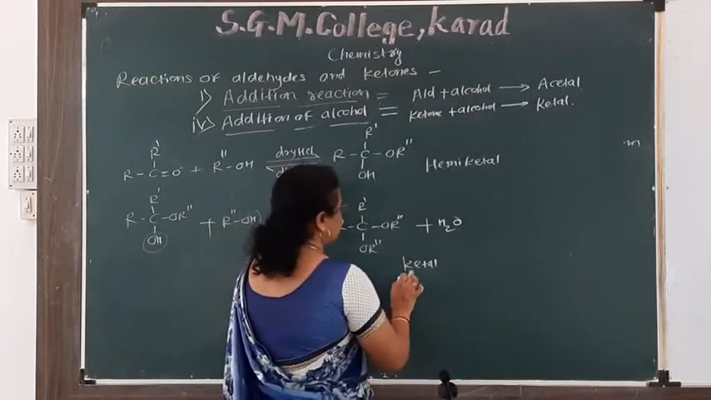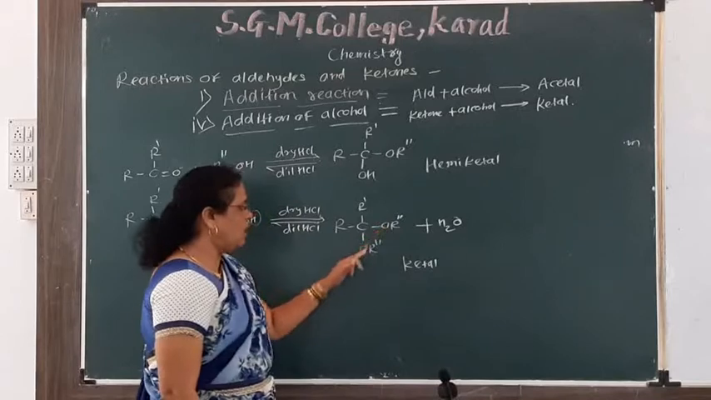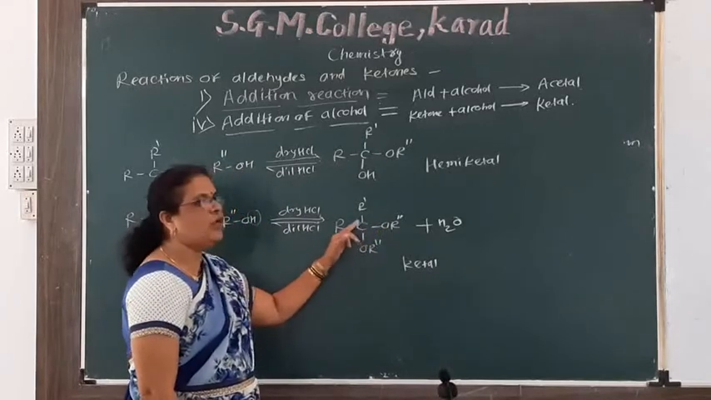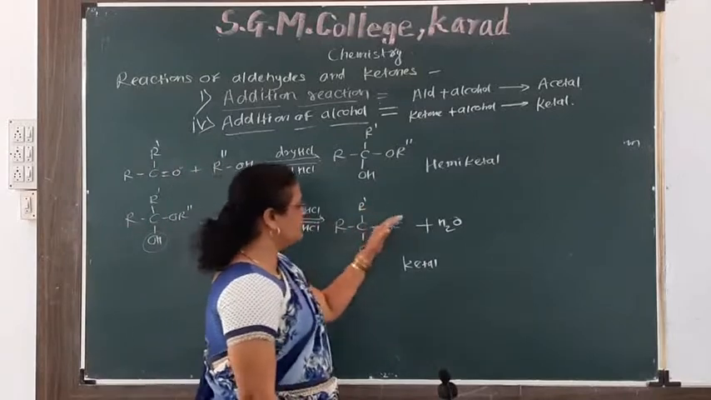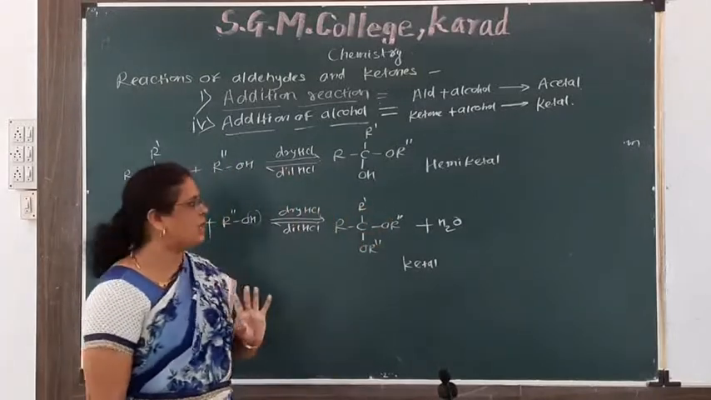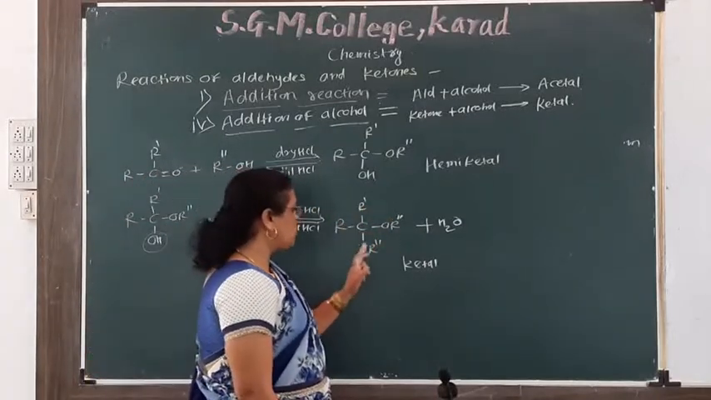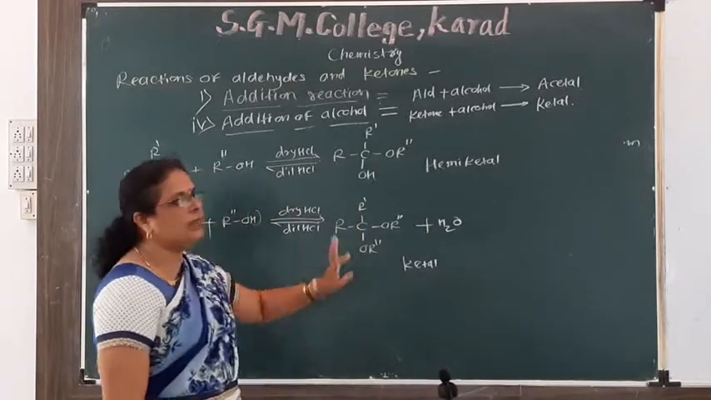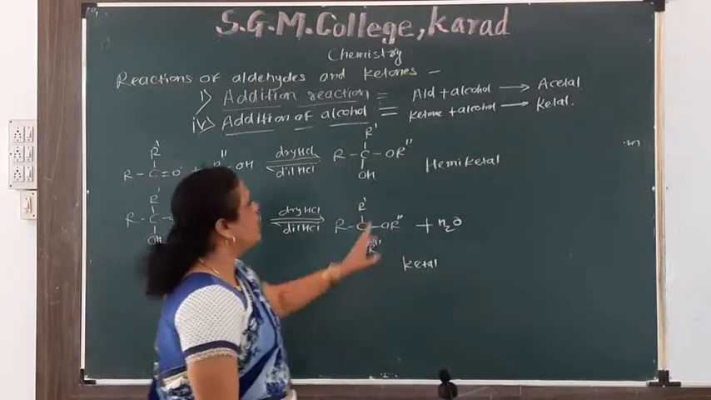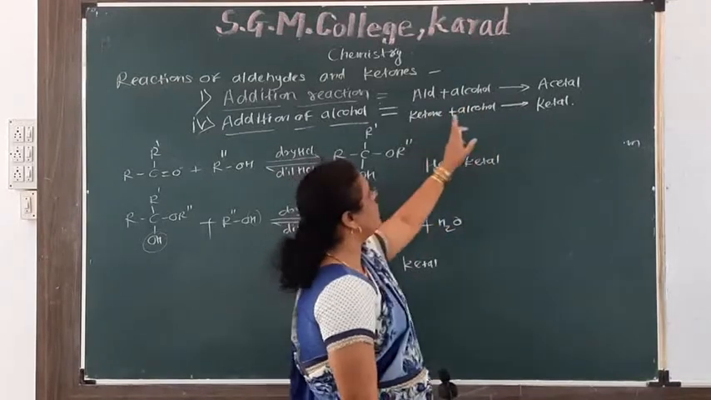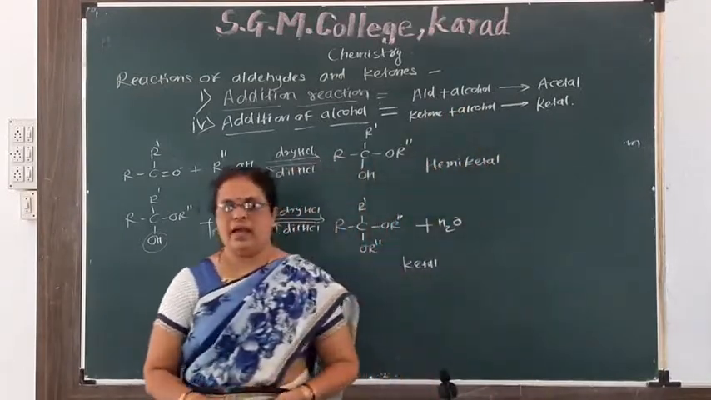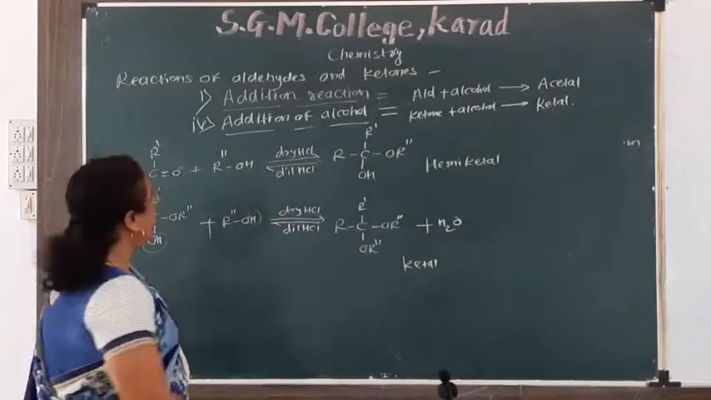Here two alkoxy groups are attached to the middle carbon atom. In case of aldehyde, two alkoxy groups are attached to the terminal carbon atom. In this case, two alkoxy groups are attached to the middle carbon atom. Means aldehyde reacts with alcohol to give acetal, ketone reacts with alcohol to give ketal. Then when aldehyde or ketone